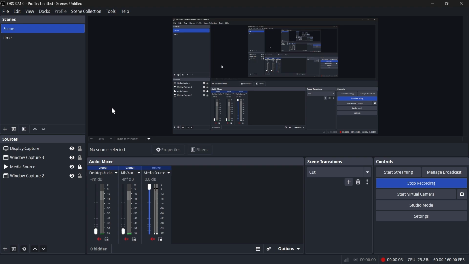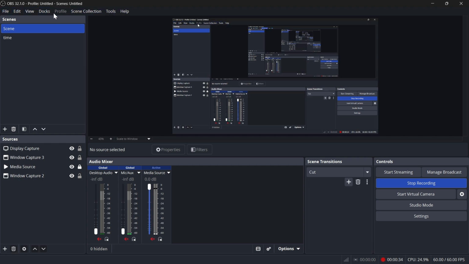Hello everyone. In this video, I will show you how you can reset the UI of OBS Studio. So, let's say you are doing something on OBS Studio and the UI gets changed, or you have accidentally opened any source or any option which is not closing. So, if you want to close that, go to these